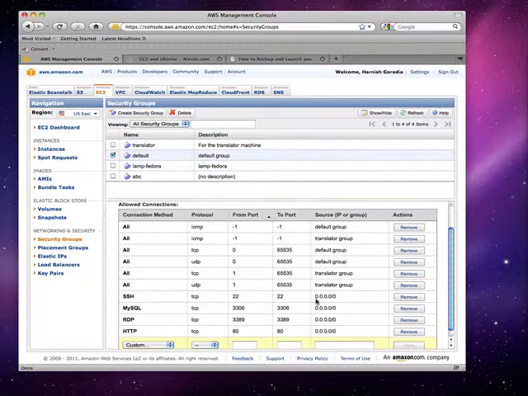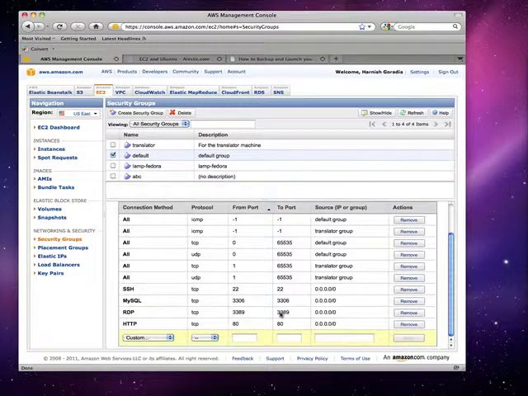Okay? So this security setting, so SSH, I'm open for everyone. MySQL, port 3306, open for everyone. And HTTP at port 80 is open for everyone. So this is my default security group. Can you add anything else? Absolutely. You can add, delete, you can take this off, and if I take it off, I can demo everything. You can take things off, you can put new policies in. That's the whole point of doing this. What is RDP?